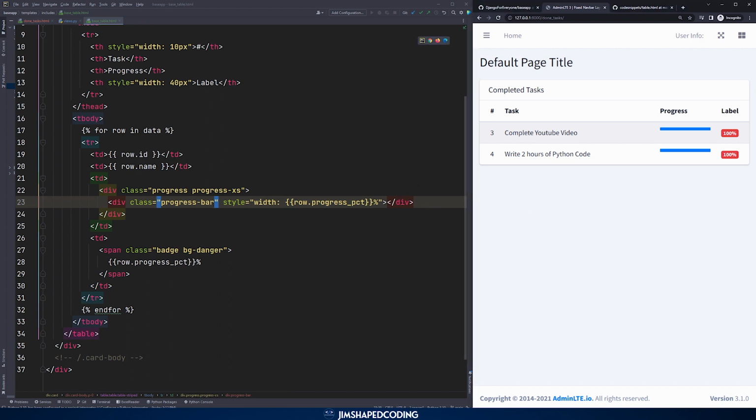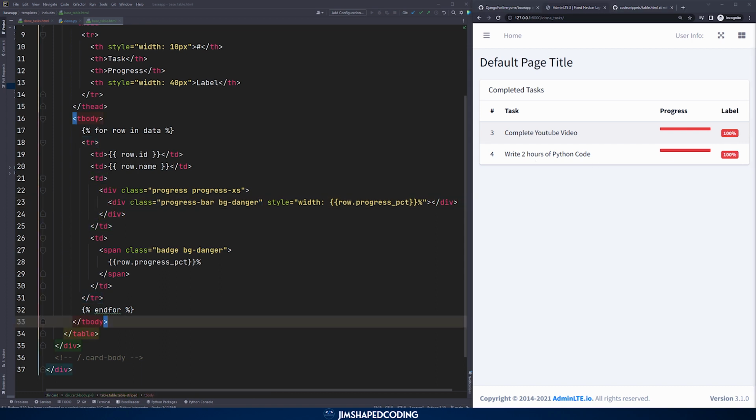Okay, so it behaves the same, and I'm going to replace this with bg_danger just for now, so we will have the same colors. Okay, so good result until now. Okay, so what we could do in this template, and that is actually a bonus step that you could do